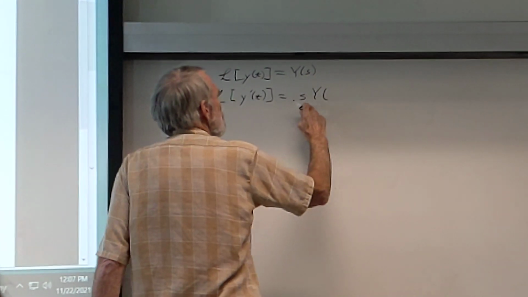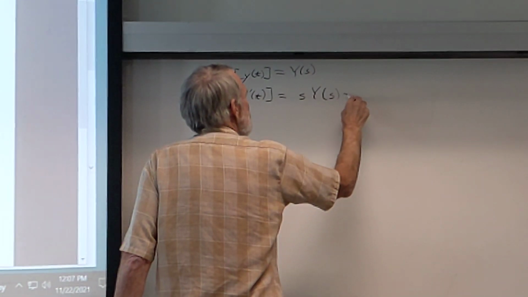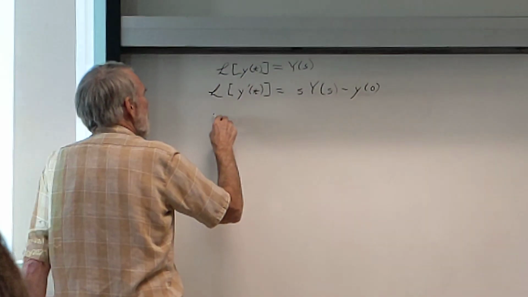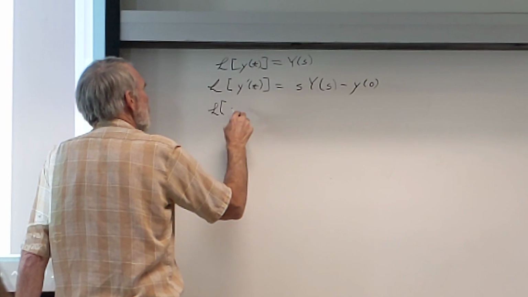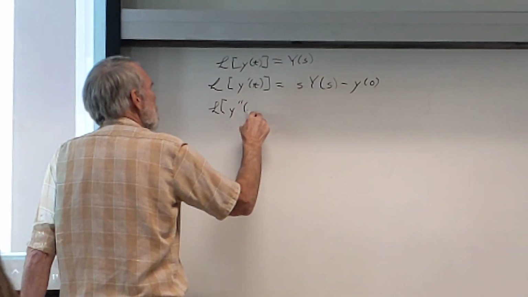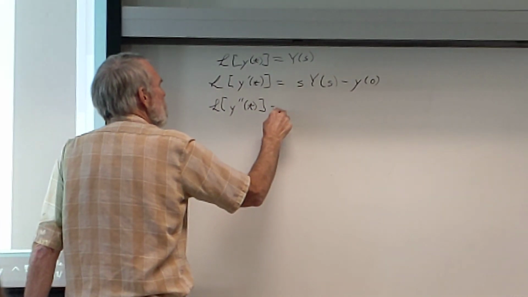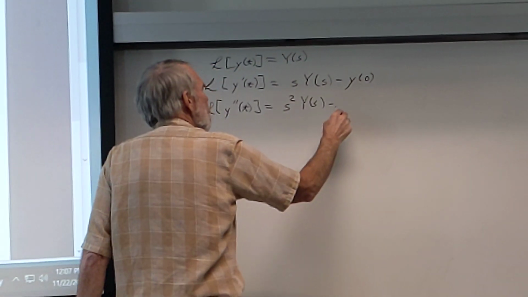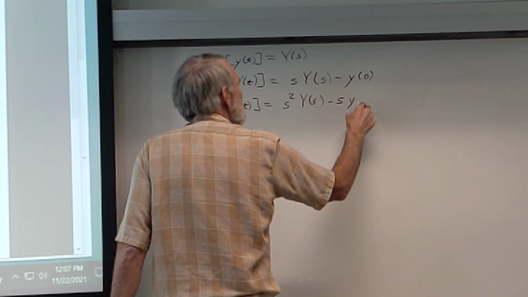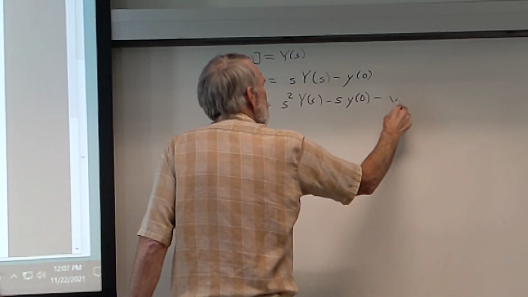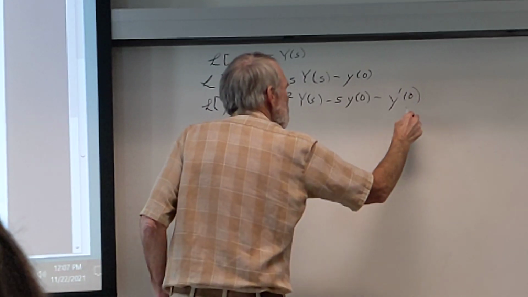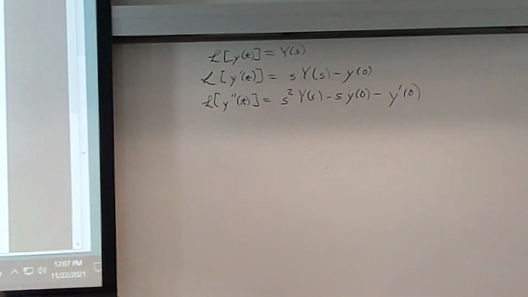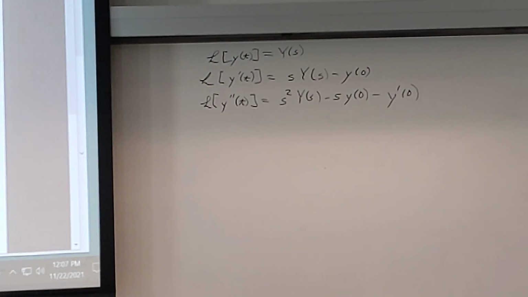Then this was equal to s Y of s minus y at 0. And we had the Laplace transform of y double prime of t. That one was going to give us s squared Y of s minus s y at 0 minus y prime at 0. So that was the important theorem we did last time that we want to use today